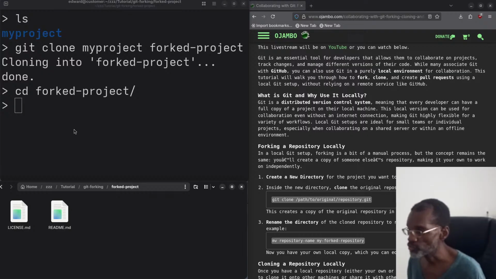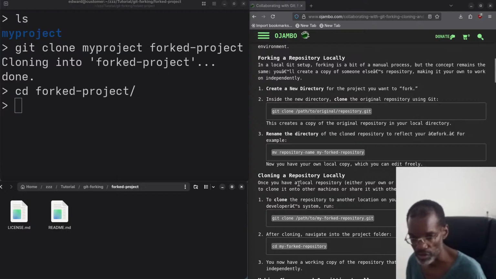And in the previous tutorial, I showed you how you can clone by depth. For example, you can clone only the latest or one branch and all those things as well. I showed you that in the previous tutorial, so you can watch that one, or you can go to jumbo.com and just search for clone depth or something like that, and it'll show up for you. Okay, so next, what I want to do is